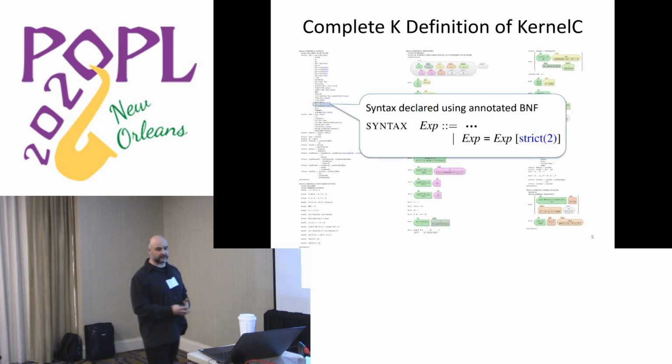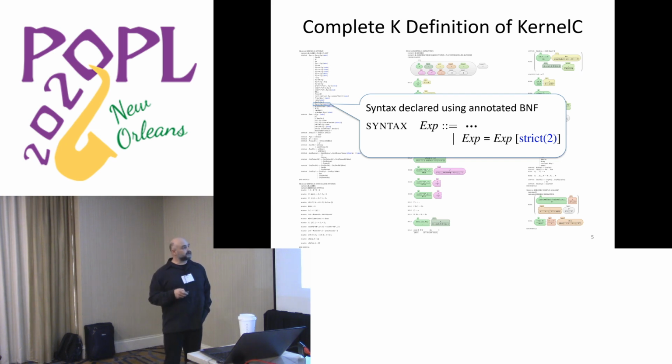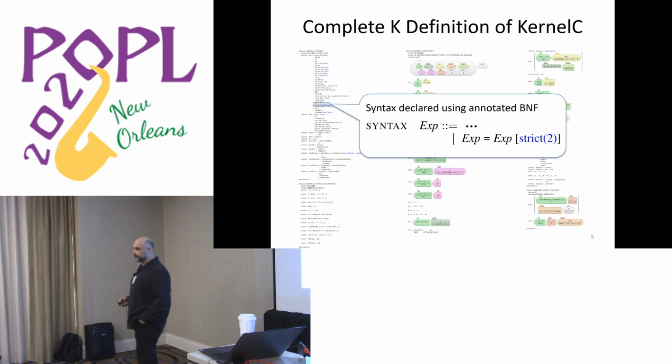For syntax, we define it using conventional BNF notation. However, pushed by users of the framework defining real languages, we decided to annotate the syntax with all kinds of annotations like this. For example, this says that assignment, this is a C-like language, kernel C, is strict in the second argument, meaning that you first evaluate the second argument, and then we worry about the semantics of the assignment itself. It turned out that it's a lot more convenient to add all these evaluation strategy annotations, which are pretty clear when you define your syntax of the language, at the same place where you define the syntax. Users complained repeatedly when they had to define the syntax in one place and then go somewhere else to define the evaluation strategies, because typically they go hand in hand.